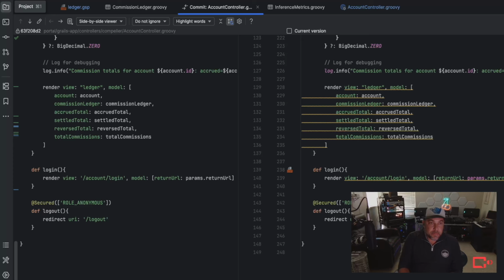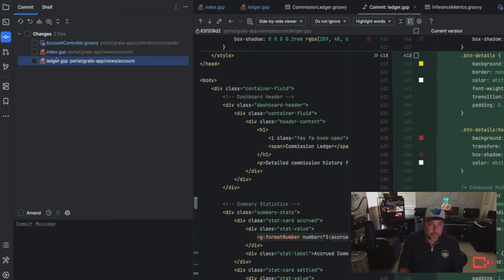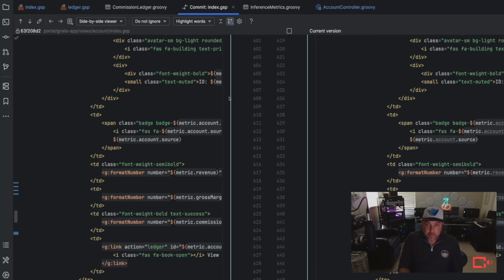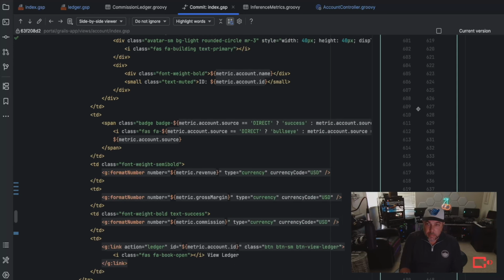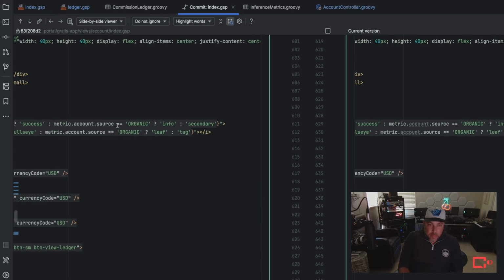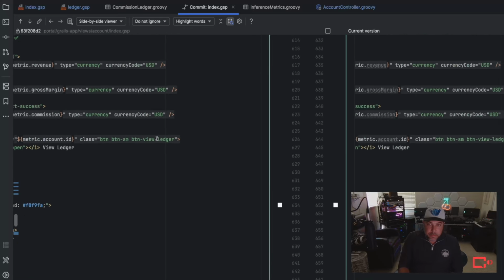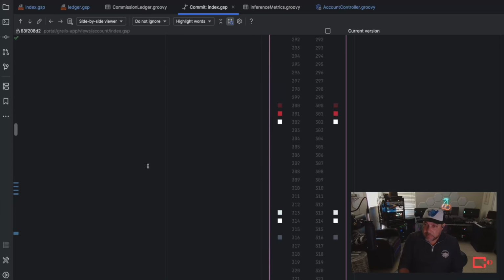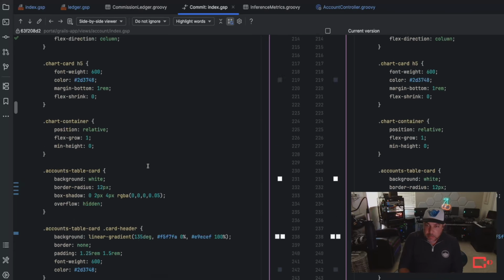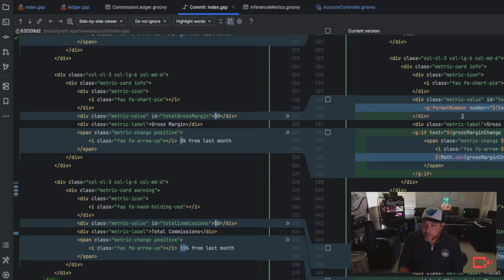And yeah, it's doing a fetch join for the ledger items, which is good. So we're not running into the N+1 issues. So that's great. Happy with that. So we can move on. Take a look at the index. I like how it added in class info, which is really nice.